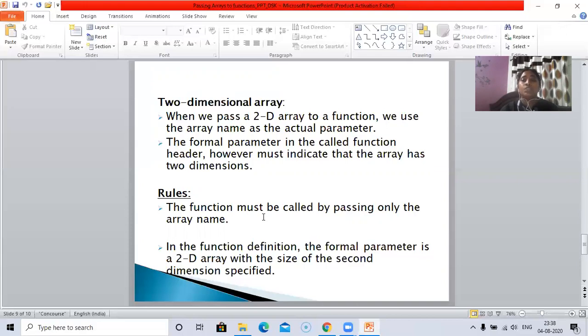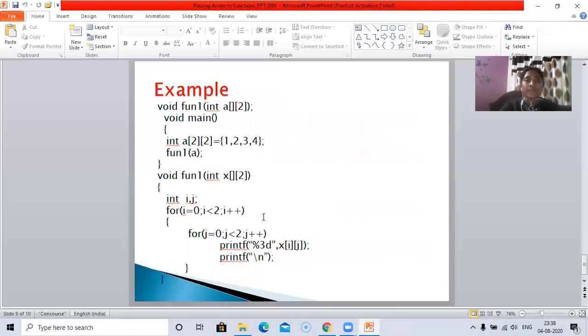So the rule which you should follow when passing a two-dimensional entire array is that the function must be called by passing only the array name. In the function definition, the formal parameter is a 2D array with the size of the second dimension specified. You should compulsorily specify the second dimension of the array. We'll see an example here.